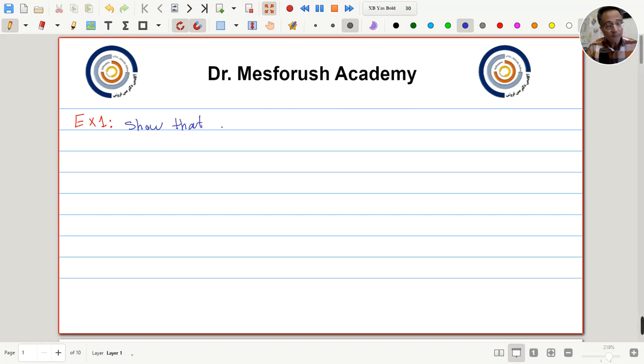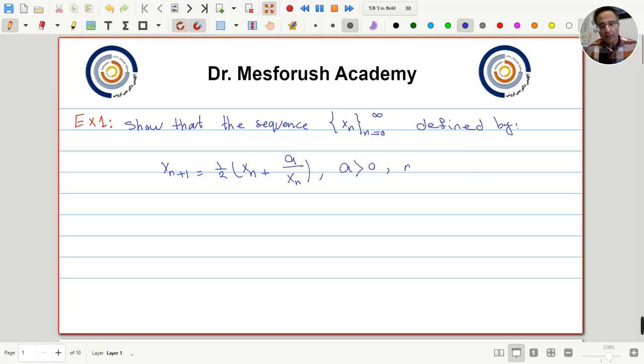Show that the sequence x_n, n from 0 to infinity, defined by x_{n+1} equal to half of (x_n plus a over x_n) for a greater than 0 and n equal to 0, 1, 2 and so on, converges